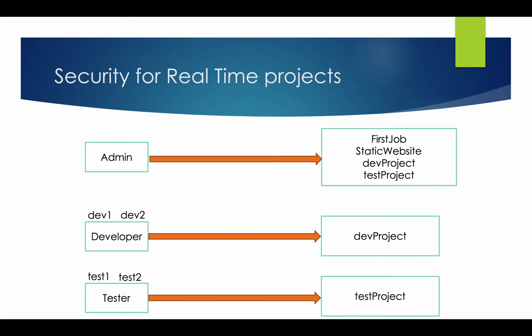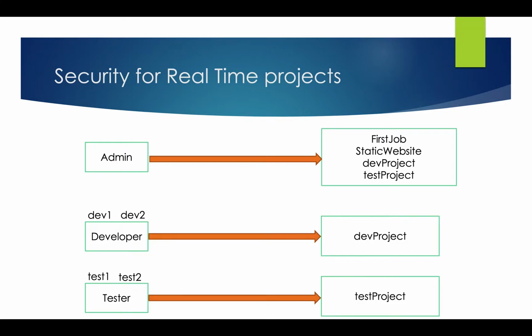So what I will do, I will create some dummy projects, just a dev and a test, then we'll create the users. To provide these security roles, we need to install a plugin, the Role-based Strategy plugin. By default it won't be available. If you install it, you can get these responsibilities, you can assign them, and the admin can do the actions. Quickly I will start. I will create two projects, a dev project and a test project. Then I will add a plugin. In Jenkins, everything is a plugin, but here we will talk about only the plugins.